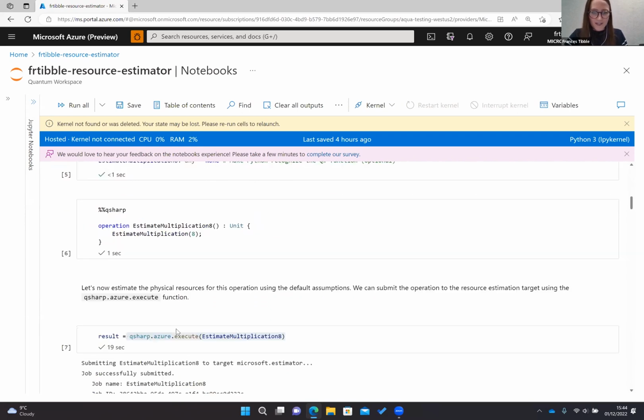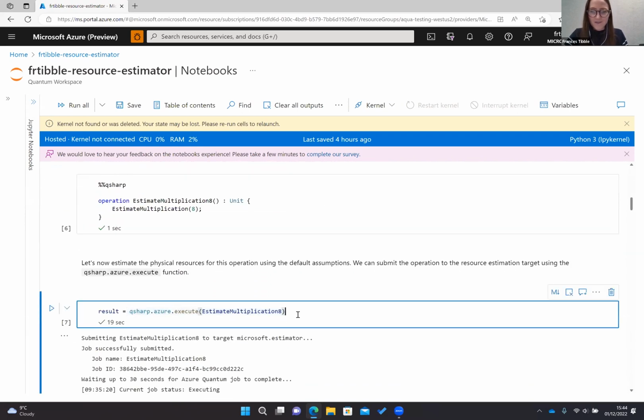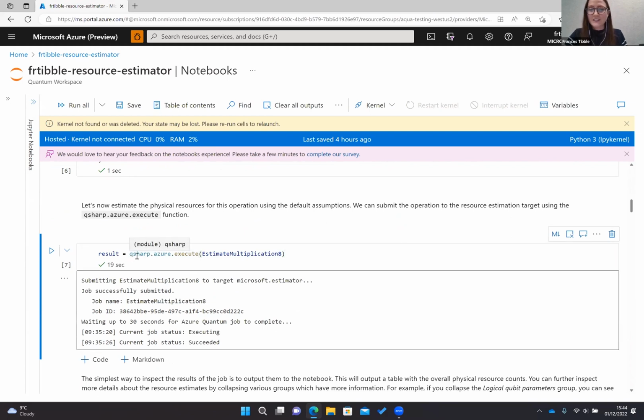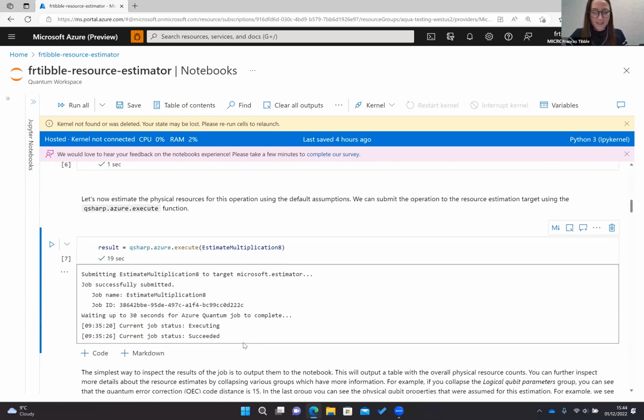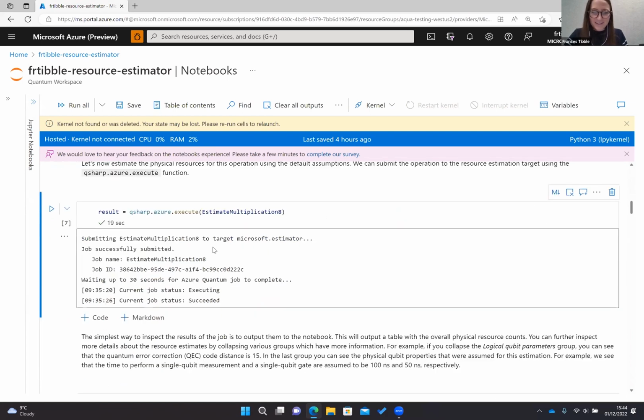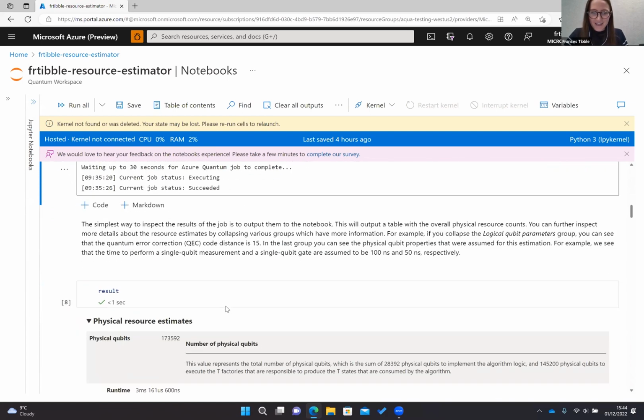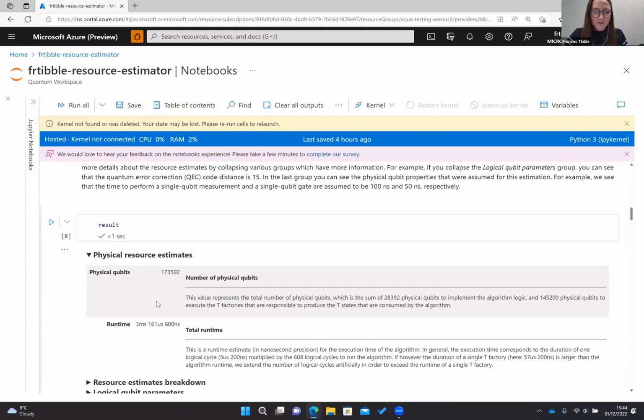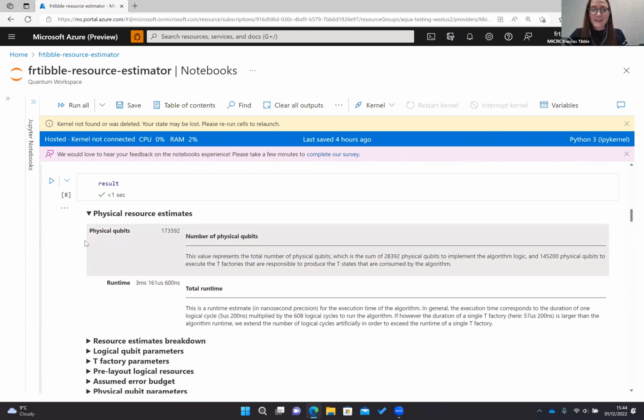So if I scroll to the cell which actually executes it against the resource estimator, again, I've got no waiting time because I've already pre-run this. But if we go to the result, what we can see is a summary of the different things that we get back. So one of these is physical qubits.